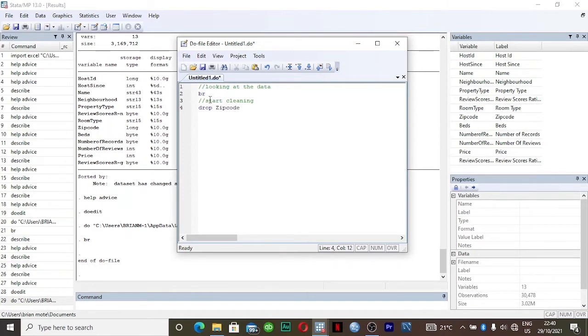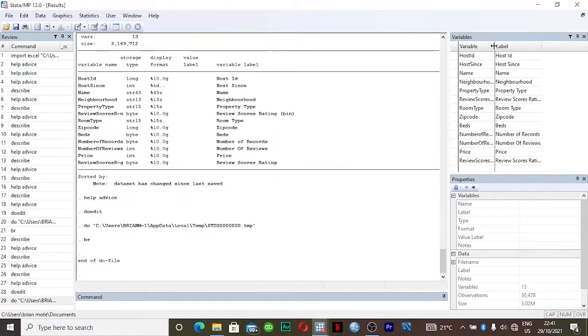Make sure the spelling is the same as in the list of variables. If you get it wrong, then it will not work. Zip code, number of, let me expand this so that you can see the correct spelling.